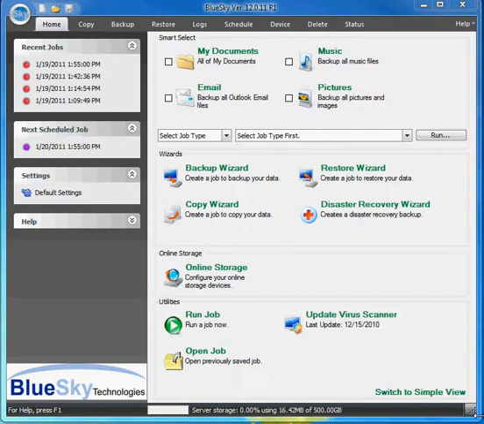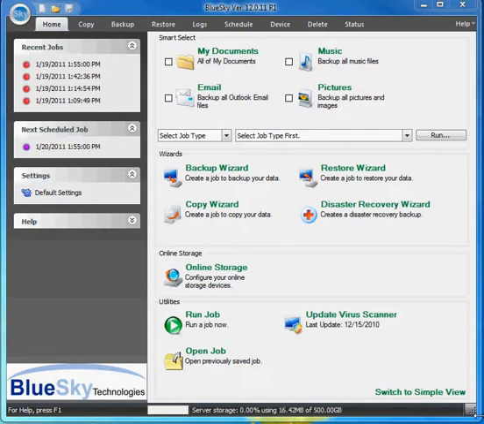It used to be in the past, if we're managing an account for a client and we needed to do some troubleshooting to see what was going on with the backup client, we would have to contact the end user. We'd have to have them set up some kind of a remote connection, a GoToMeeting, a PC Anywhere type of thing. We have to log into their machine, launch the client, and then troubleshoot from there. This caused a bit of a problem for the client who just wants to use their PC to do their job. So one of the things that is new in this version is the ability for us to manage the